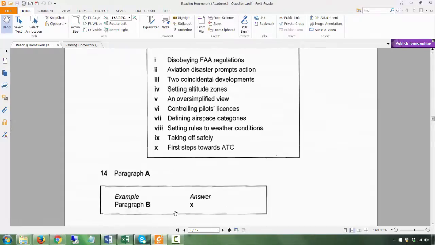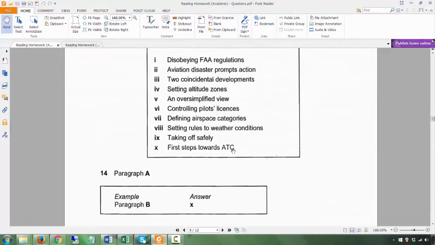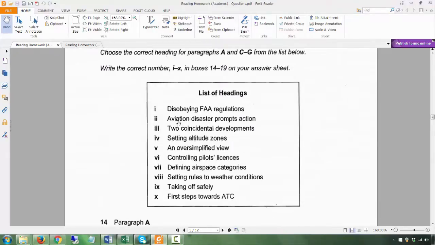All right, paragraph A. Now paragraph B is already done for you, so you can cancel X out. Okay, let's go to paragraph A. Paragraph A, the answer is going to be 2. Aviation disaster prompts action. So here the keywords disaster. There's some kind of disaster. Prompts means it results in something. It causes something to happen. Okay, and some disaster caused some action to happen. All right. This is in